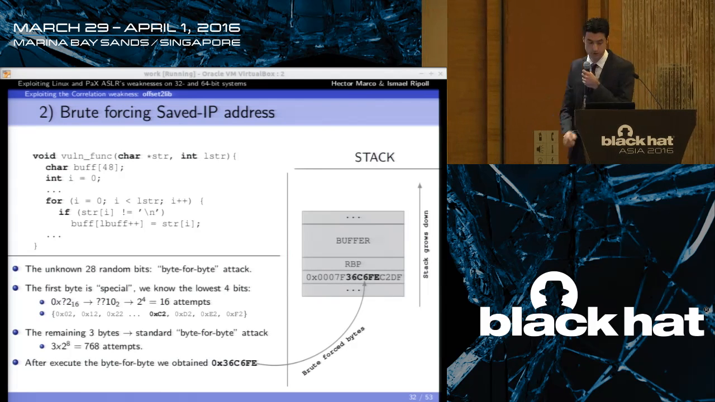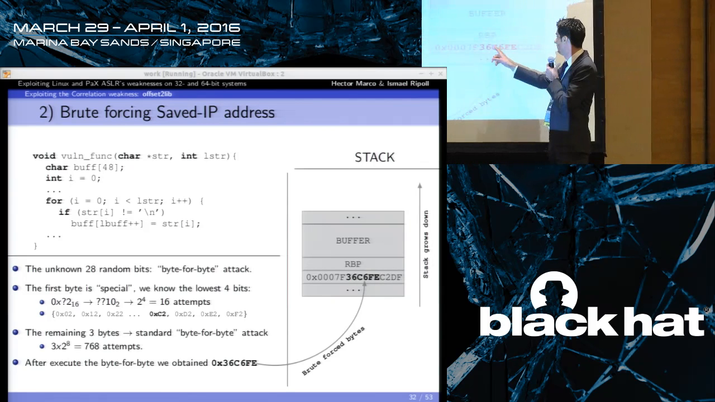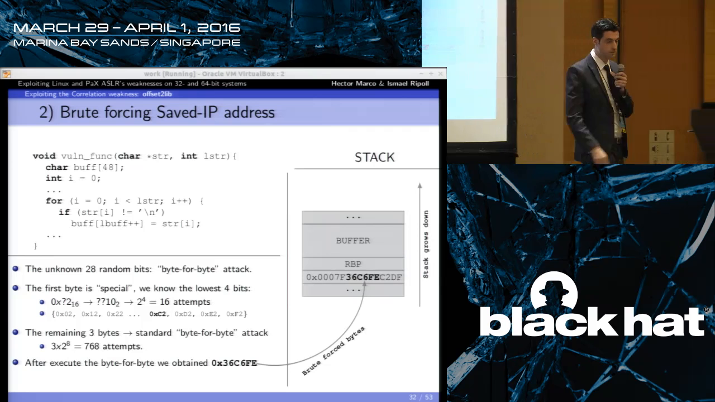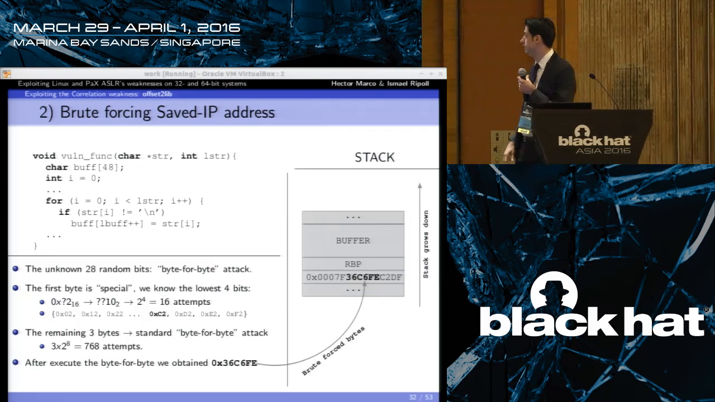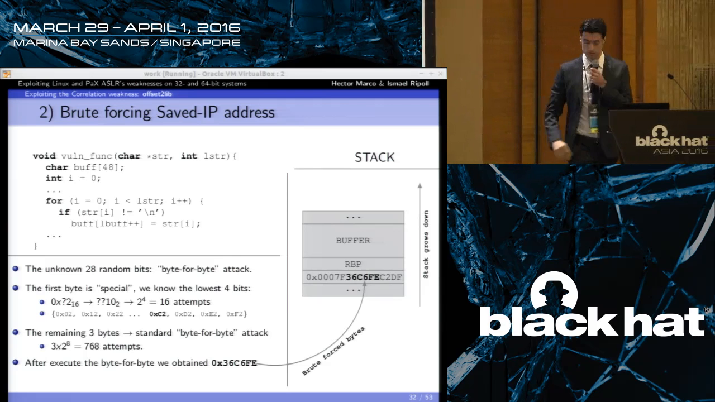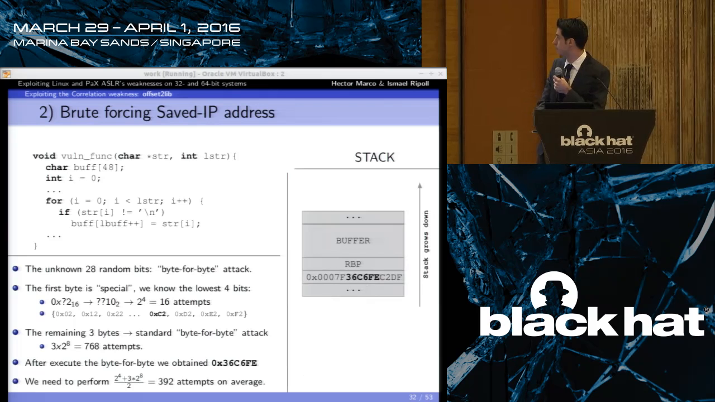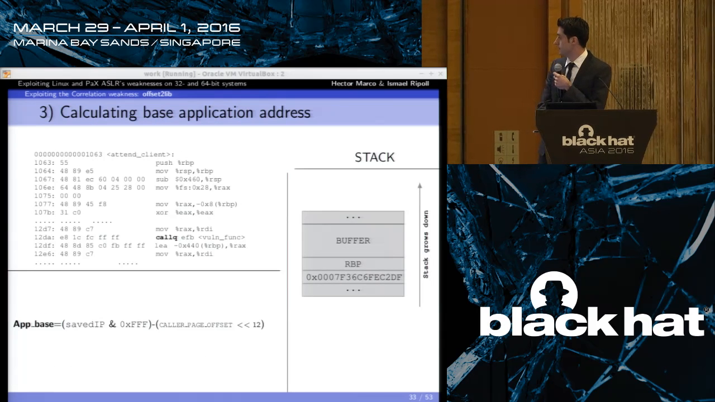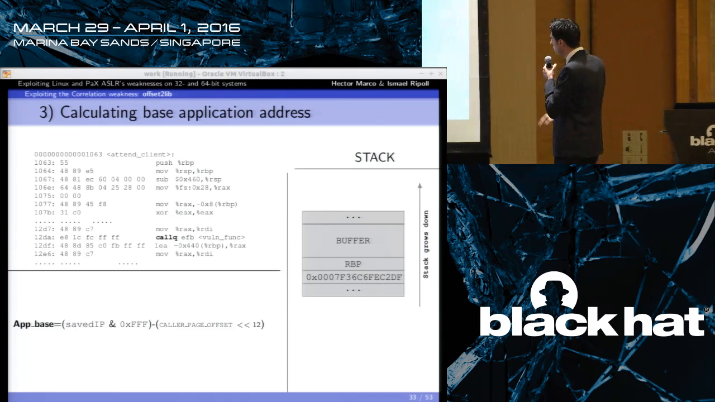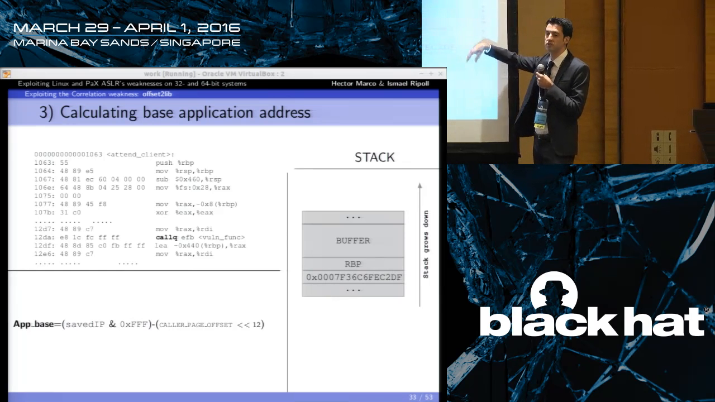So this is not C, but at the end we have obtained the remaining bytes. And the number of attempts is less than 1,000, 768 attempts. Well, okay. So once we have the address on the stack, we need to know where the executable is